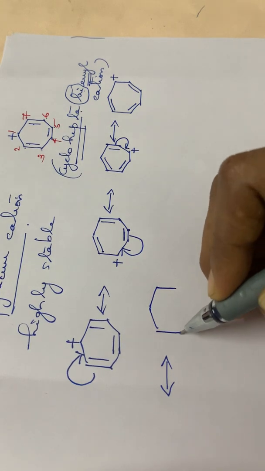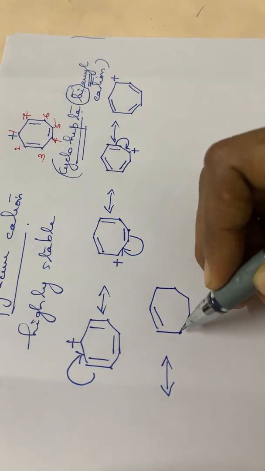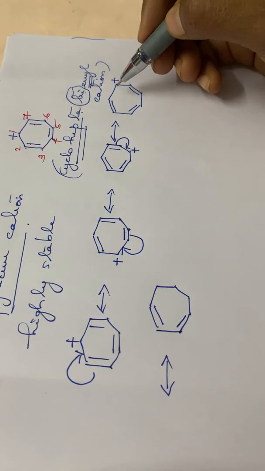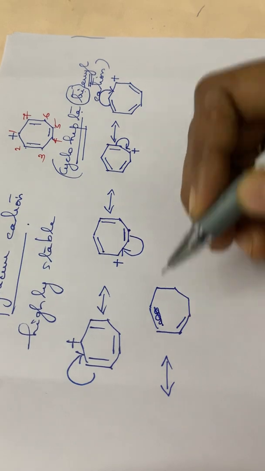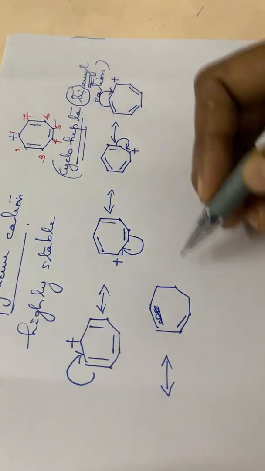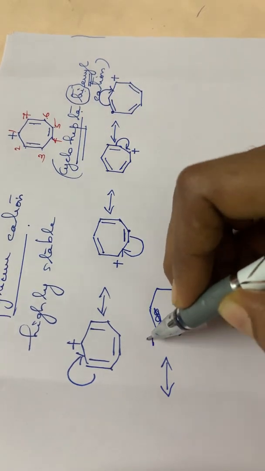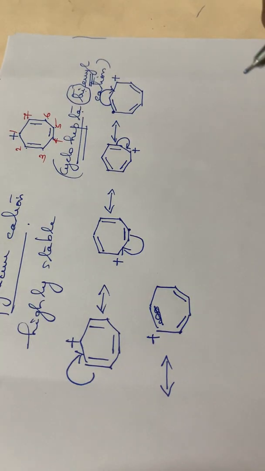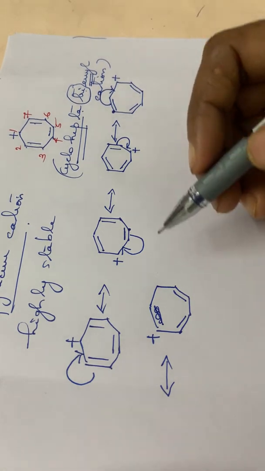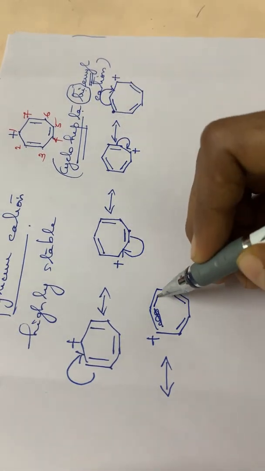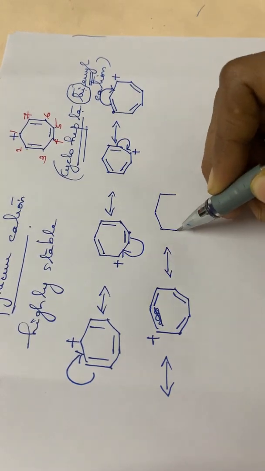First of all, you have to draw the structure, then only represent the double bonds. Here a double bond, here a double bond. Then what is the next delocalization? It will be like this. Okay, sorry. So this will be moving to this position, so this carbon atom will get a positive charge. Right, here a positive charge. So this will be moving to this position, so here a double bond. Okay, then the next structure.